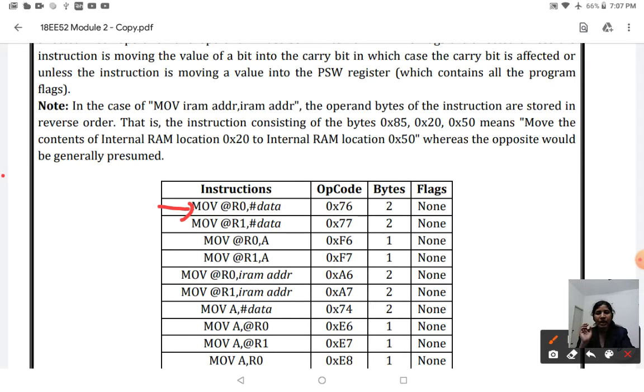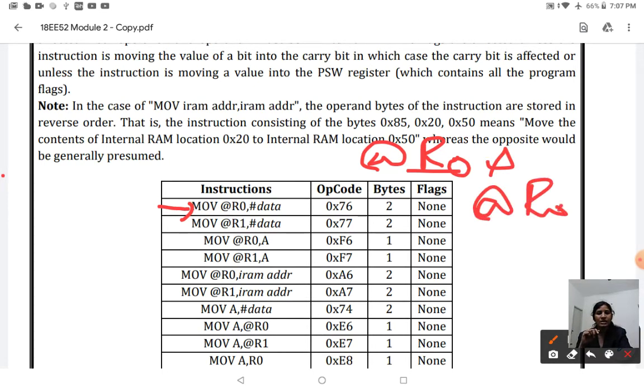After the @ symbol, you have to represent the register number. This register number has to be R0 or R1. Apart from this, if you write @R2, the instruction will become invalid. Suppose you are writing it as MOV,